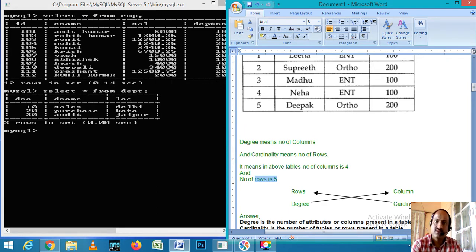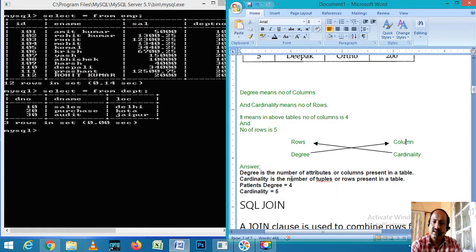One thing you have to remember before finding degree and cardinality: the C and C, the C and C will repel. Cardinality you can join with rows and degree you can join with columns. So now your degree is 4 and cardinality is 5.